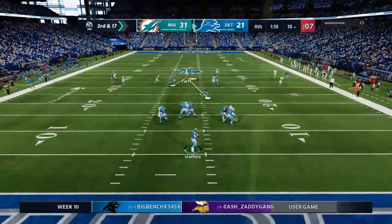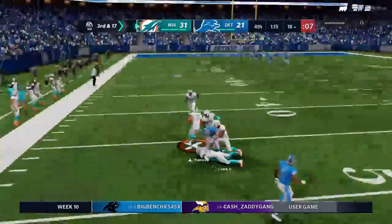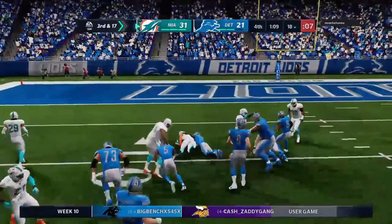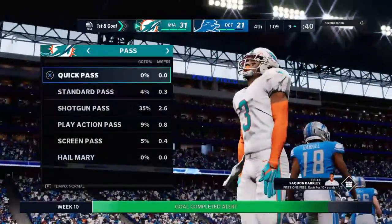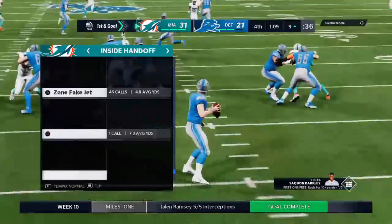Now Stafford. He's going to let it fly. And this is intercepted. And that should do it. Picked up by Jalen Ramsey. And they will finally run him down, but not until he brings this one all the way back down inside the 10-yard line. Both defenses have had their struggles, but they've been good enough to get them this lead, and